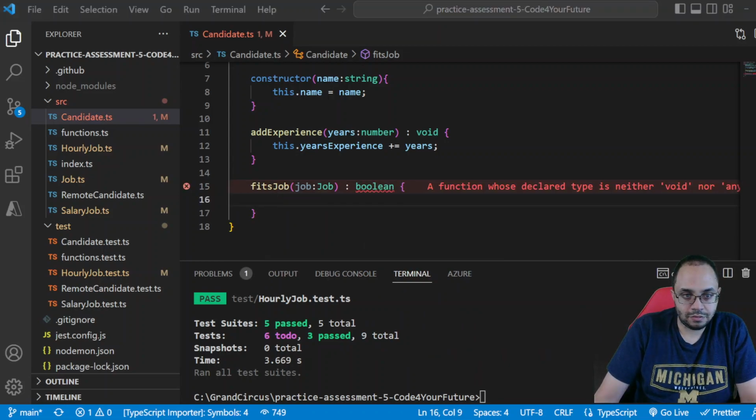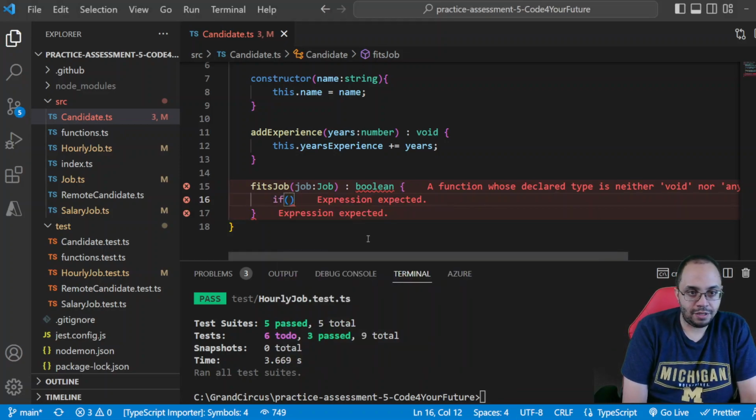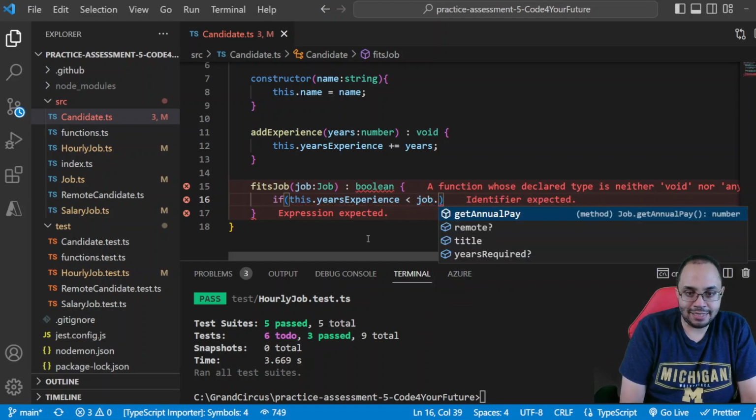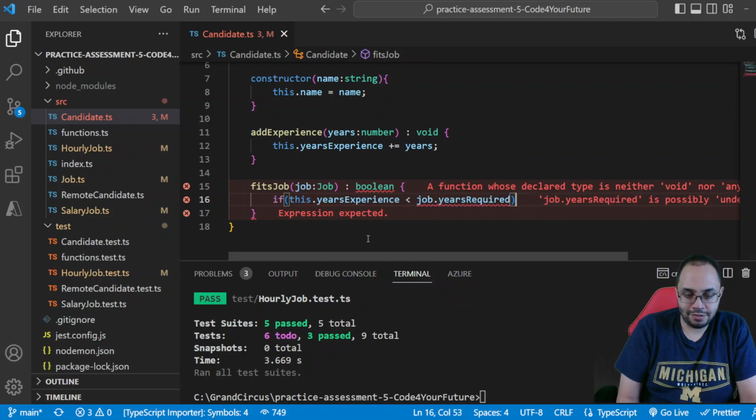Awesome. The function determines if the candidate's years experience is greater than or equal to the job's years required. So if this.yearsExperience is less than job.yearsRequired,